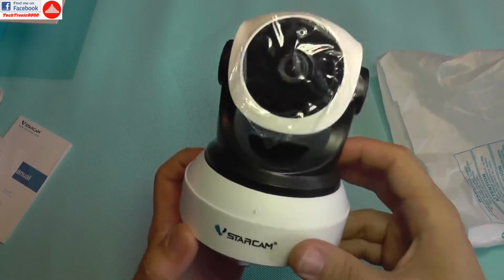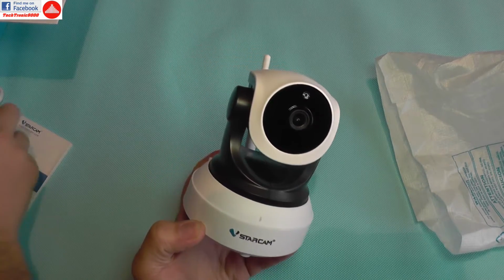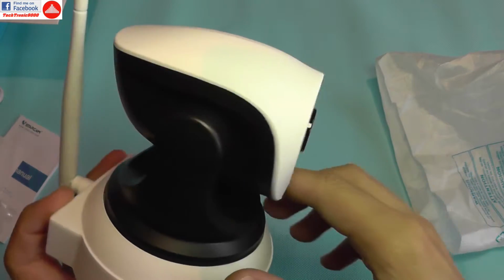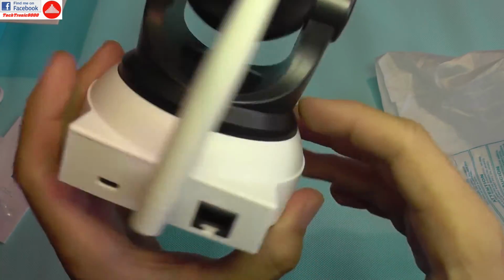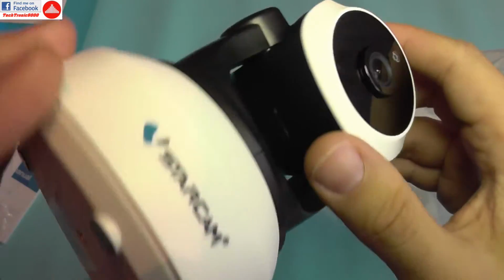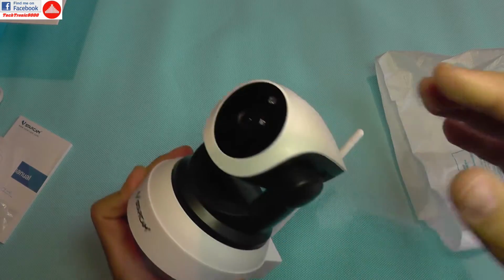So there's the camera. It has a nice protection foil to keep it shiny and glossy. There's the infrared sensor there, and on the back of the camera we have the LAN port and micro USB power. I don't see a micro SD slot here, but there is one. So the camera also has a micro SD port and it can record locally,